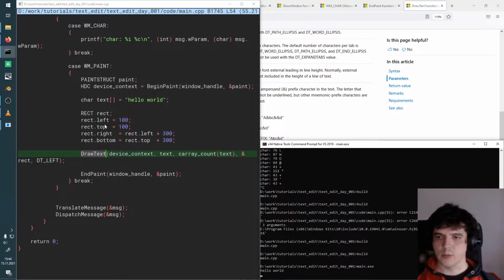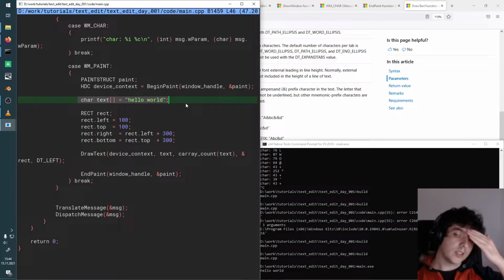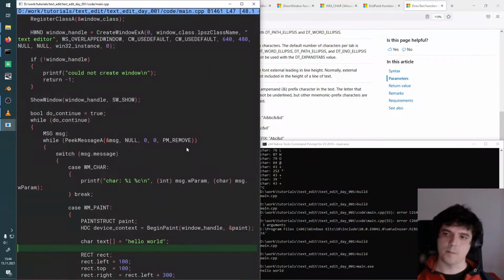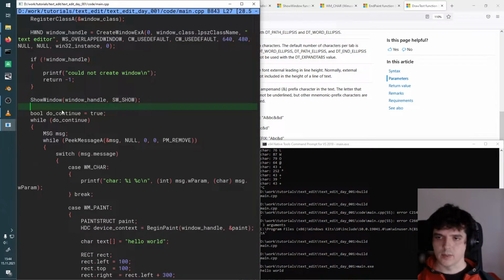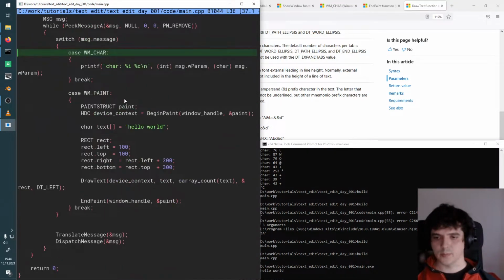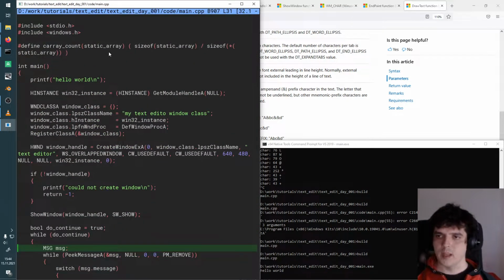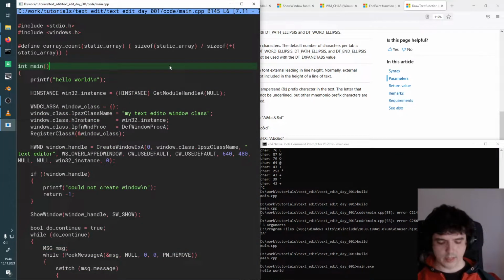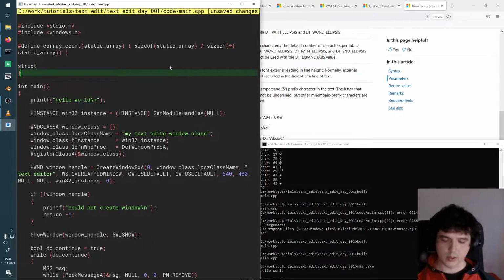So next thing is we want some dynamic text. And the easiest way to do so is just to have some buffer that we can write to, and we just remember how much we have written to it already. So we will have a new variable here outside the loop, because it's going to be persistent between frames, basically. And because I don't like just having plain C-like strings, I want to create a struct that records